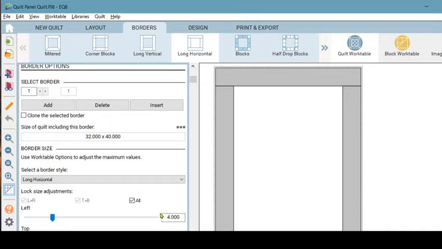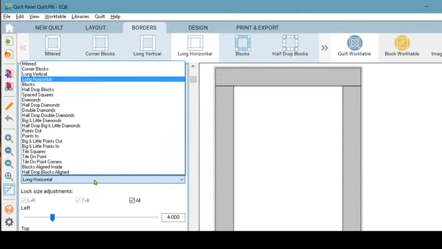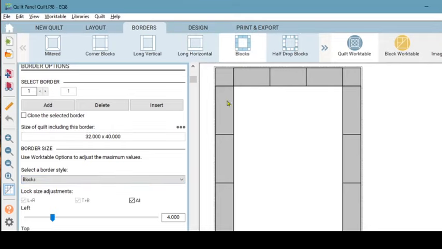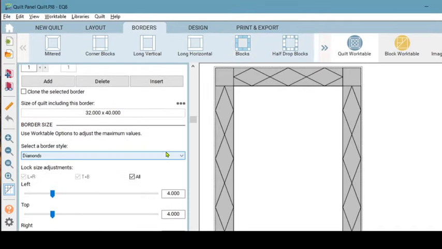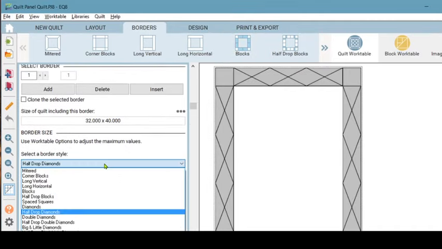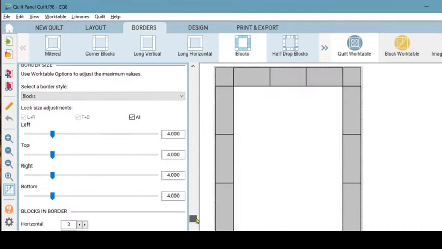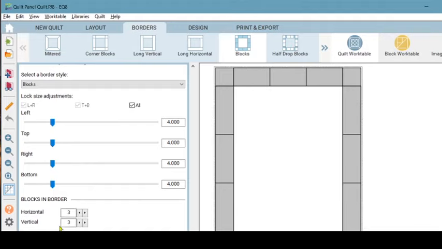So the next thing I want to do is place blocks in this border. So I'm going to change my border style to blocks. And you see how it's made these blocks going around? Well, I need to have a little better sizing than that. Oops, sorry. I used my scroll in the wrong place. So I want to come down to the section where it says blocks in the border,